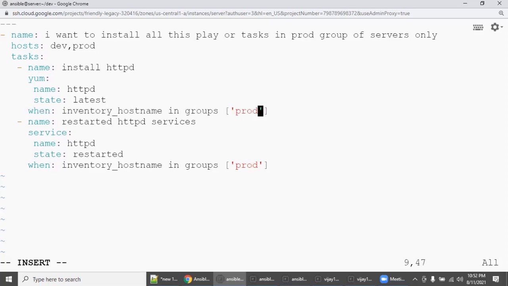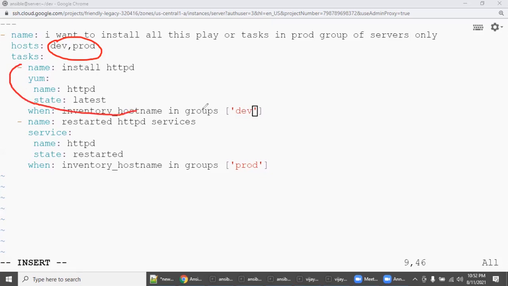This time I want this to run in the dev group, so please be careful. Here you mention all groups, but you are restricting this second play to this group only.